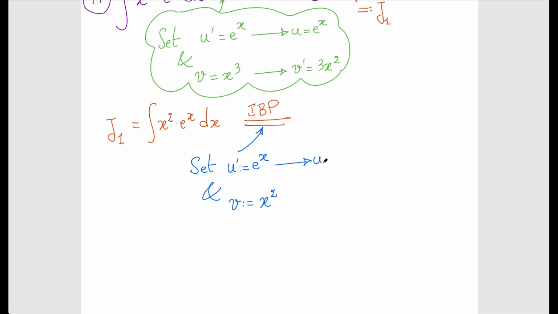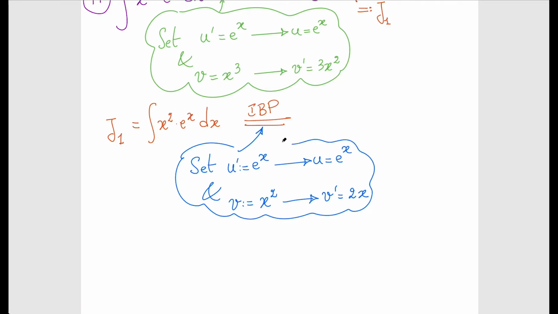Then u is e^x plus a constant, but we're not going to carry the constant. We're just going to have 0, because again the final answer doesn't change based on the choice of that constant. And v prime is 2x. Okay, so that would be the new package for integration by parts, and we obtain